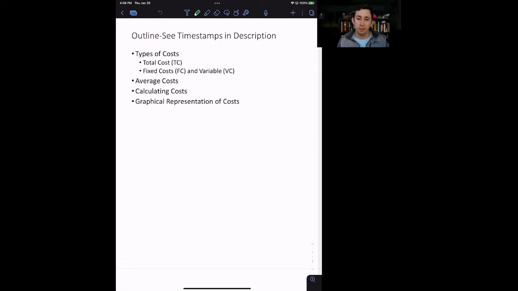We're still talking about the profit maximization problem, but we're taking a quick detour into some cost functions, some different